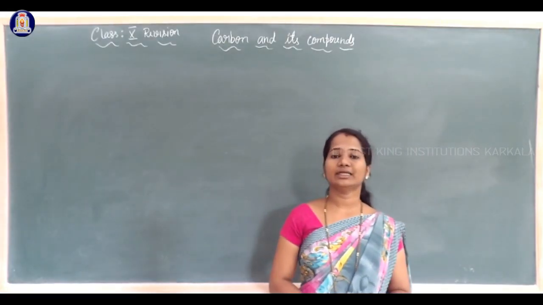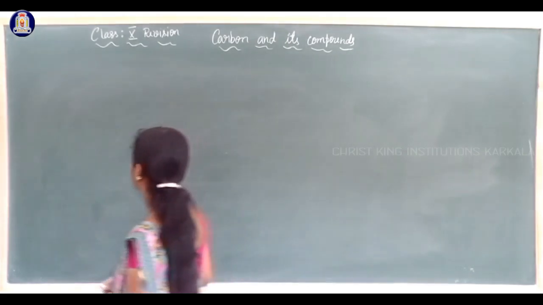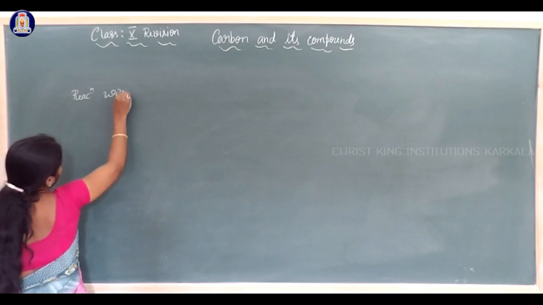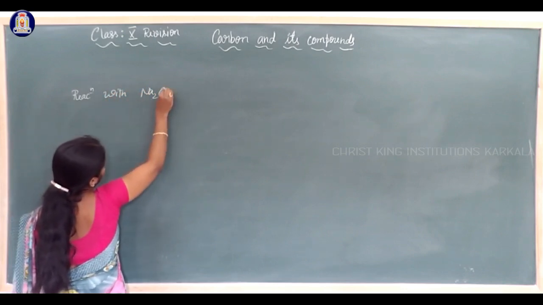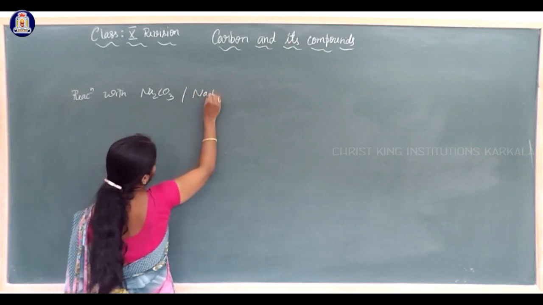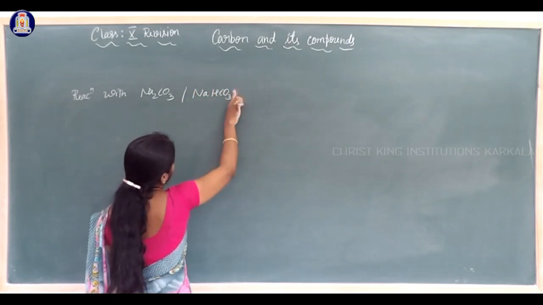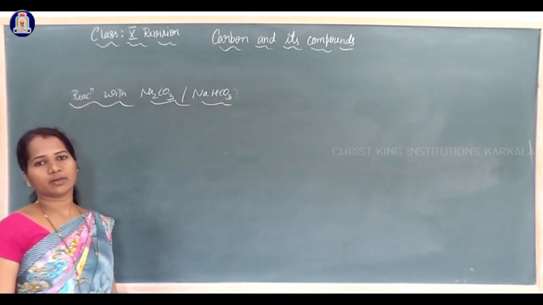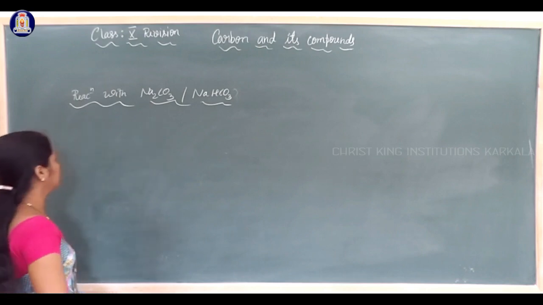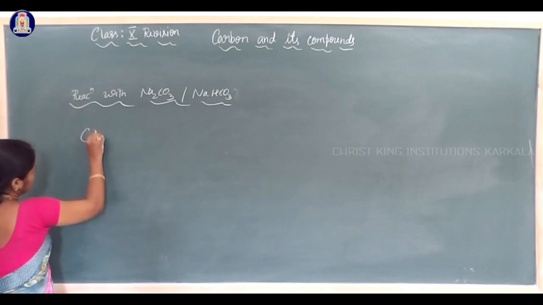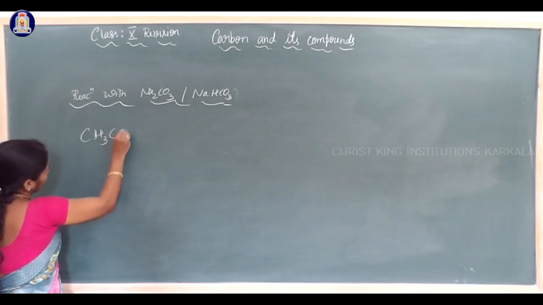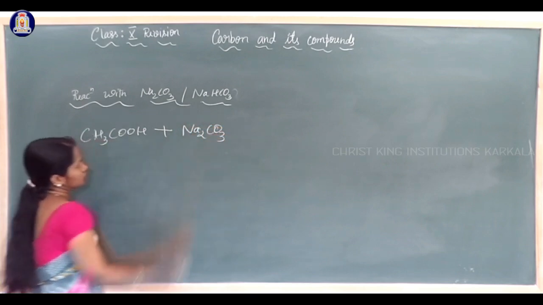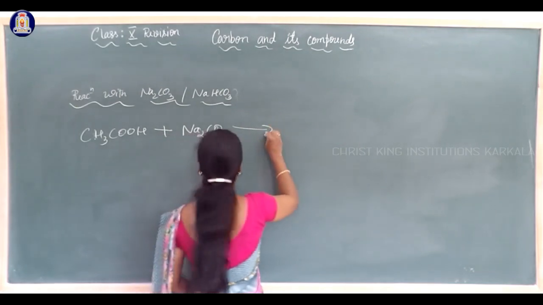Next reaction is the reaction of ethanoic acid with Na2CO3, that is sodium carbonate, and NaHCO3, sodium hydrogen carbonate. How does ethanoic acid react with sodium carbonate and sodium hydrogen carbonate? Ethanoic acid, that is CH3COOH, reacts with Na2CO3, that is sodium carbonate. We get the product